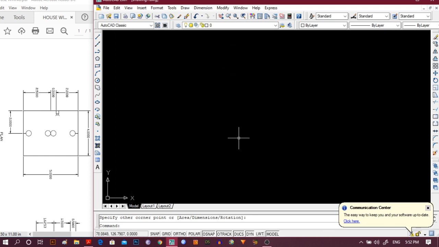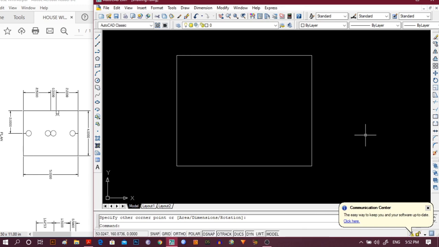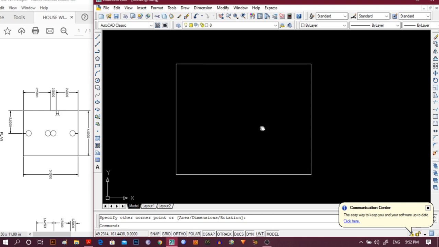So this is the perimeter rectangle for our domestic purpose. Now I have to make the thickness of this particular rectangle. I can draw it with the help of a rectangle.